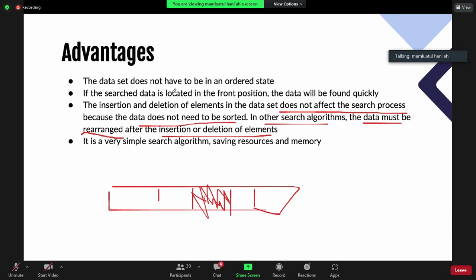And when you use this algorithm, linear search or sequential search, you don't need to rearrange your data. Okay, it's a very simple algorithm, so it's saving resource and memory.